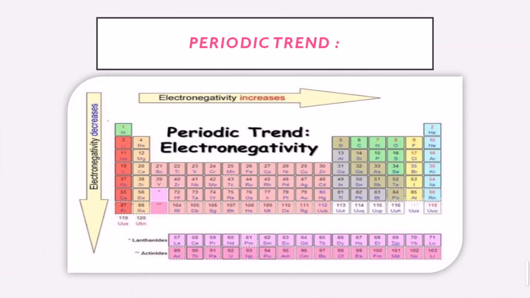How does electronegativity trend in the periodic table, how does it increase in the groups as well as in the periods? Let me explain. Electronegativity increases from left to right across a period, which is horizontal, and changes in the vertical columns, which are the groups. So groups and periods increase or decrease on the basis of different trends.